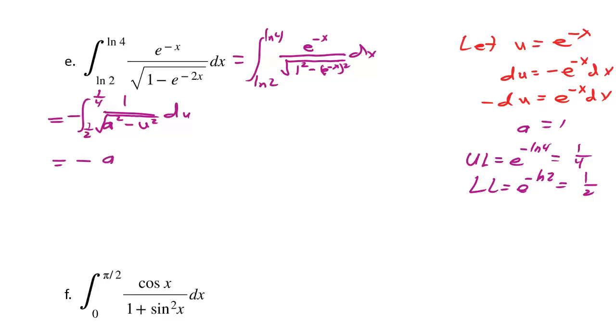I've got negative arcsine of u over a from 1/2 to 1/4, which is negative